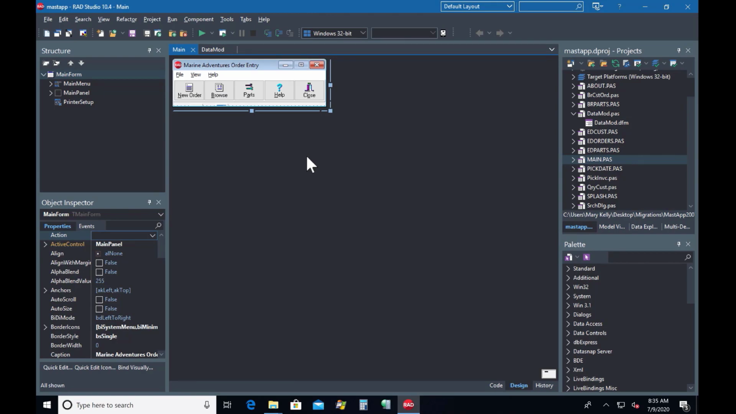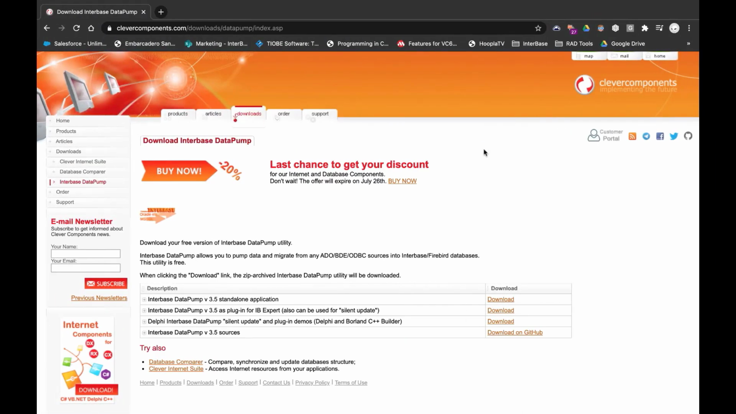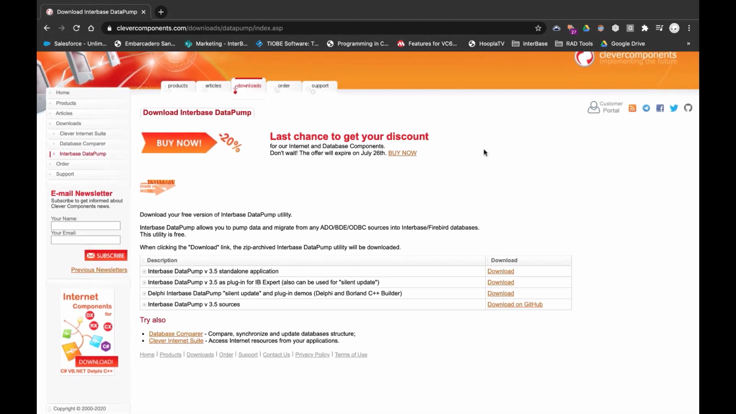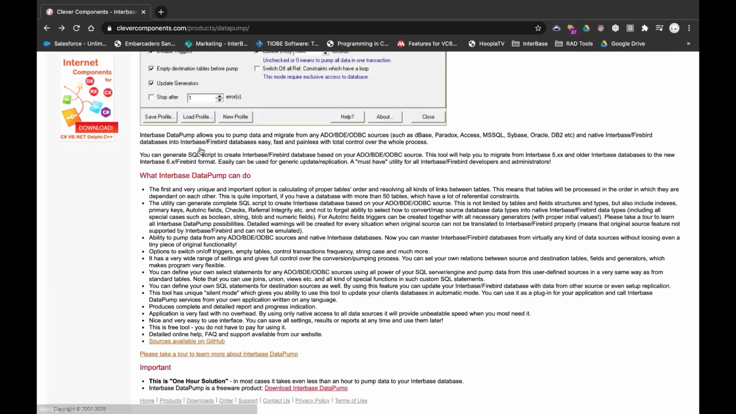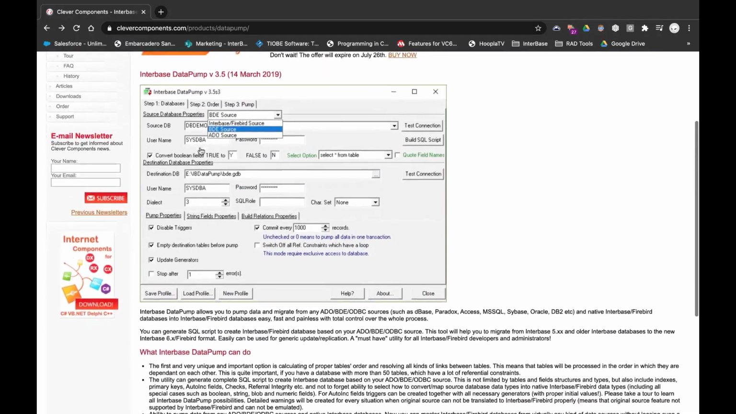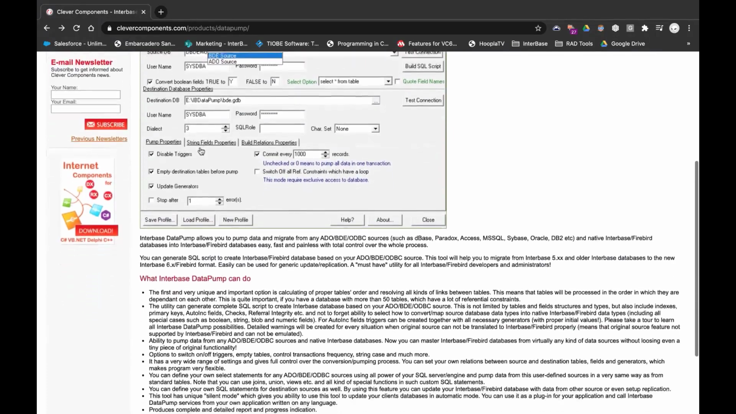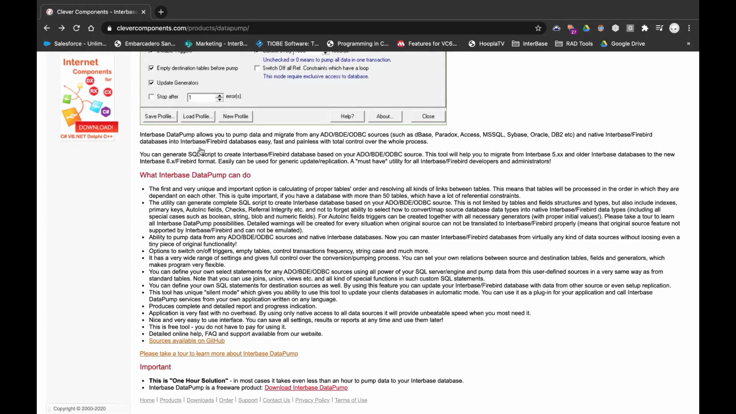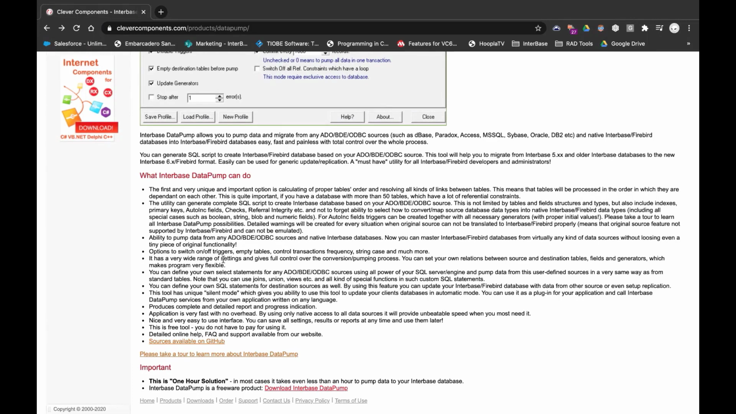to consistently maintain it. As far as moving our application from Paradox to InterBase, there's this nifty little tool here called the InterBase Data Pump. It's from a group called Clever Components, and it's going to take any ADO, BDE, or InterBase data source and actually migrate it to our targeted InterBase databases. So it's a free download, it's freeware, and we can take a look here, see the steps, and then download